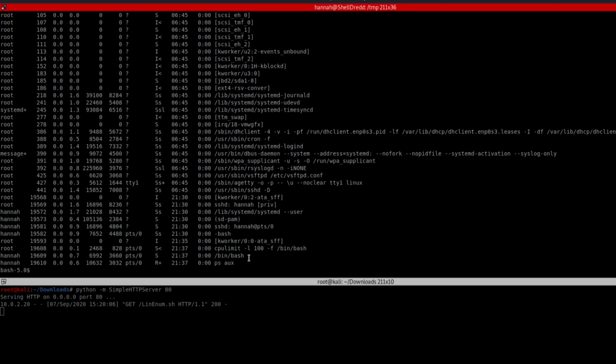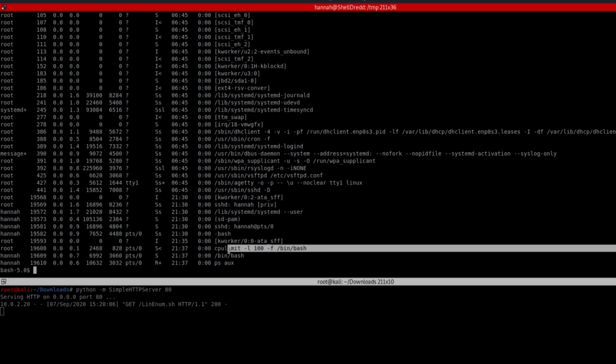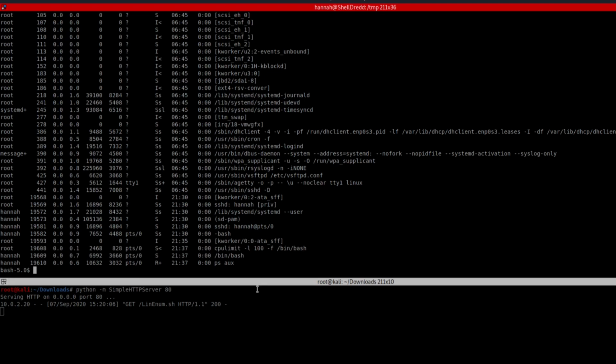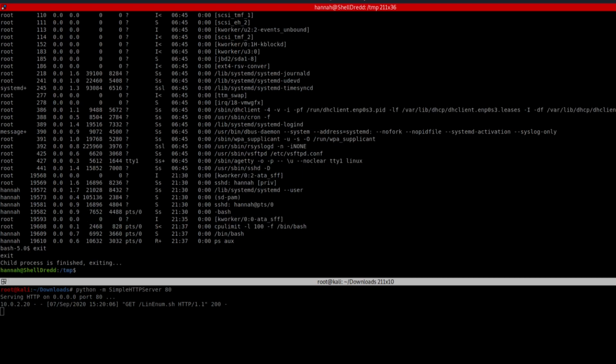Since you're manipulating /bin/bash over here, it has to run as root. The shell that we're trying to get is actually running with HANA privileges, not root privileges. So something has to be done. You have to break out of that restriction that you're still facing.